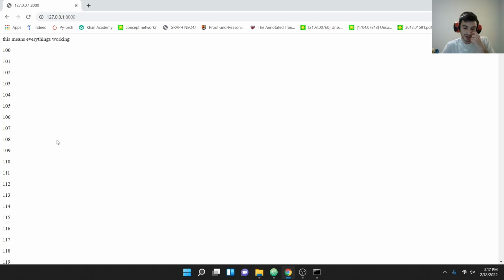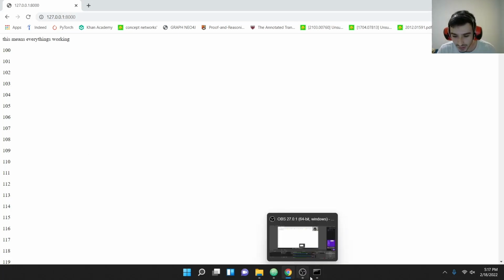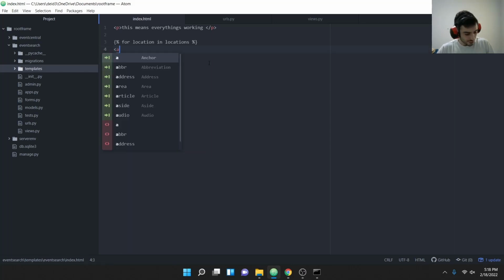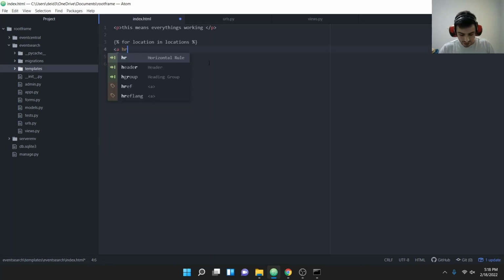So let's just go ahead and include that as a link. Okay. So let's go ahead and modify that. So instead of as a paragraph, we're just going to put that as a link. So the way we would do that is just the way we define a normal link inside Django. So hyperlink reference is equal to template tags for our URL,